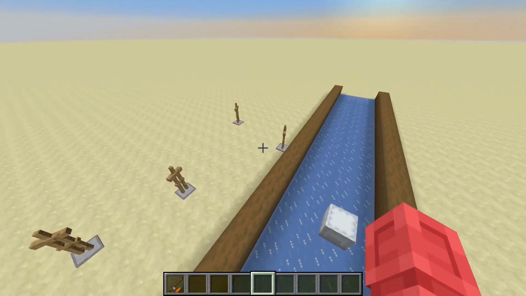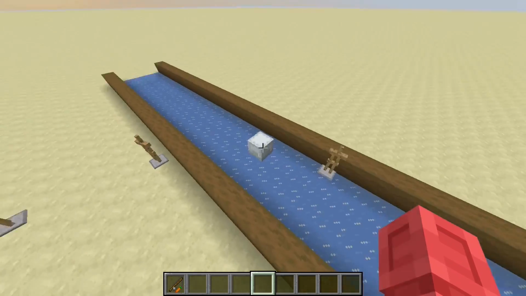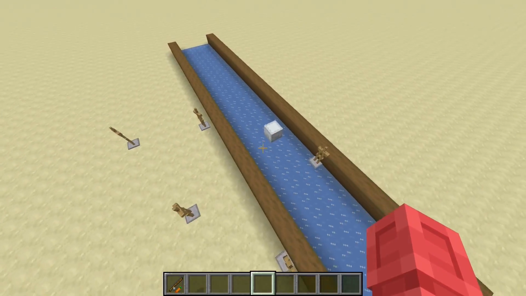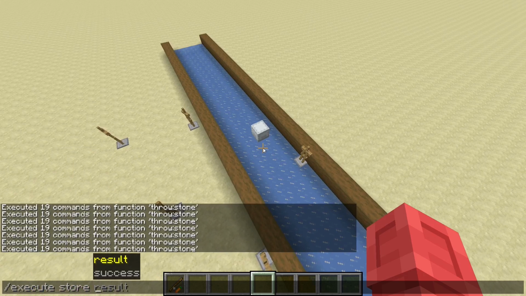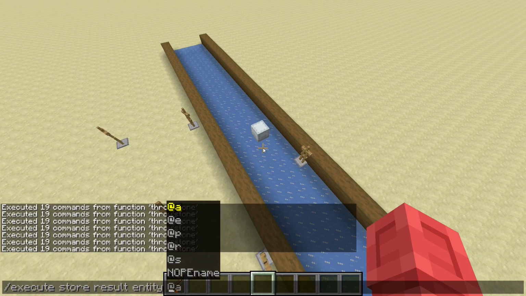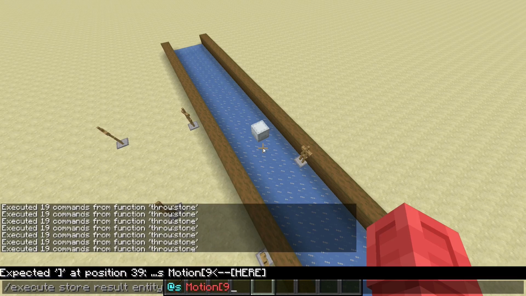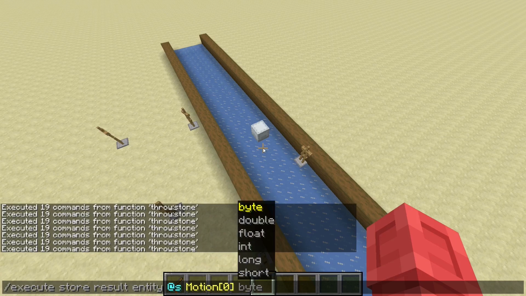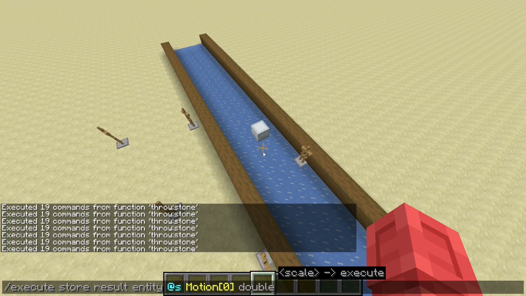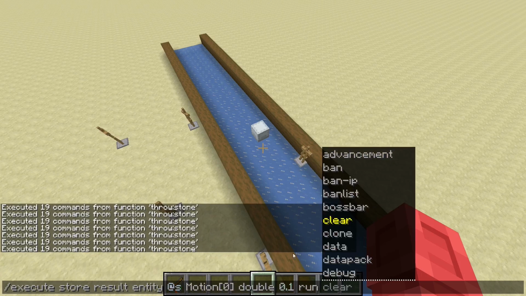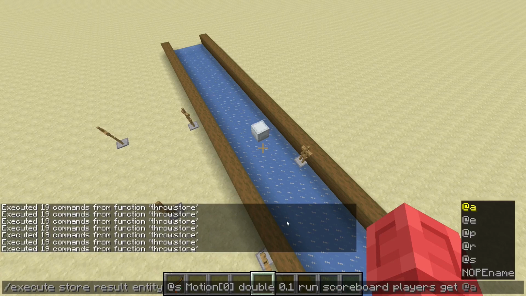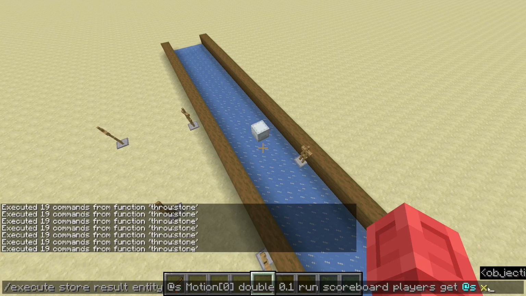So yeah, the basic idea behind this is the same for this mechanic and for this mechanic, because you can use execute store result entity. Let's take it as again Motion[0] double. It has to be a double number. Let's say this. The exact number here doesn't matter at the moment, because I just want to show you the command. Scoreboard players get @s x. So this will get the value from the scoreboard objective x of me, and it will scale the number down by 0.1,